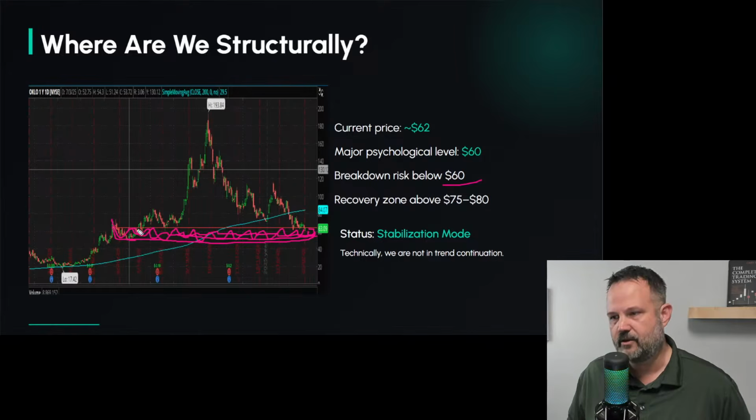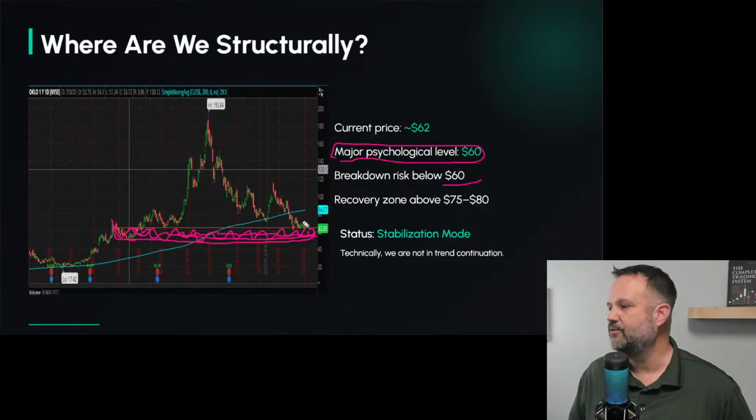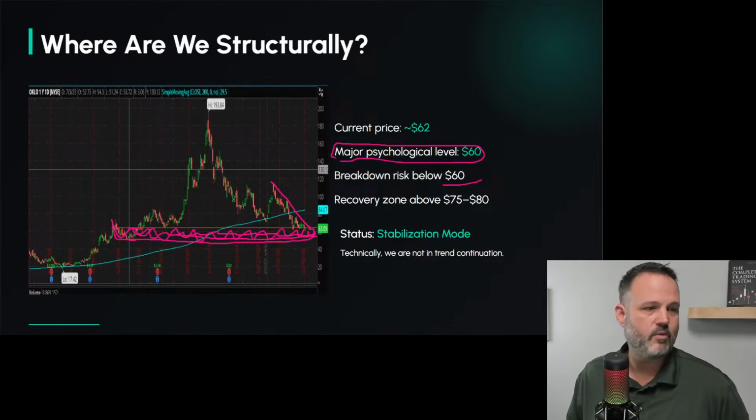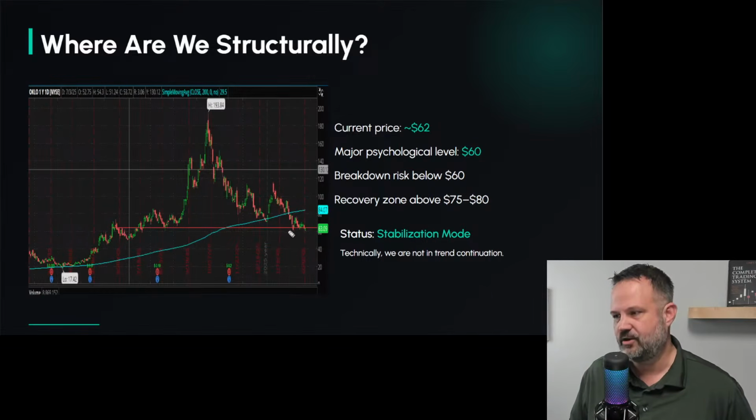So the top and the bottom both work as support, but it's currently at this zone. The recovery zone is, I would say, it needs to break this trend line, right? So right now we're still in danger zone. It's building a base here with a square, but it needs to break this trend line, and it needs to build another base and then pop and then build another base and then pop, right?